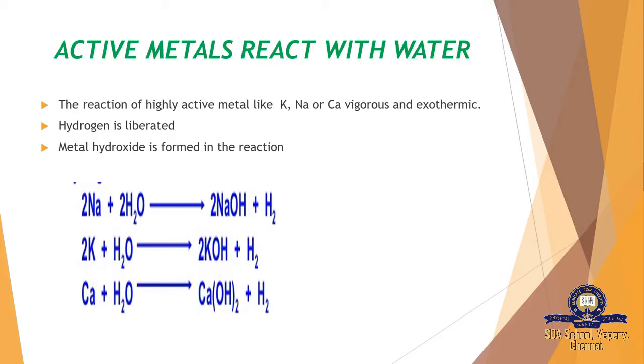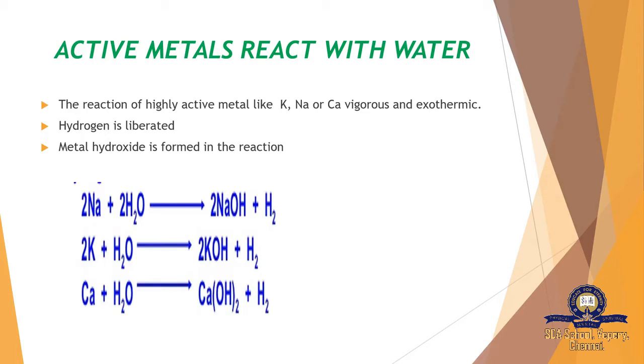And exothermic, so it gives out heat and light. In this reaction, hydrogen gas is liberated and metal hydroxide is formed. So one thing is it is liberating hydrogen gas. The other thing is it is forming the corresponding metal hydroxide. First, sodium is reacting with water to form sodium hydroxide, and then H2 hydrogen gas comes out from